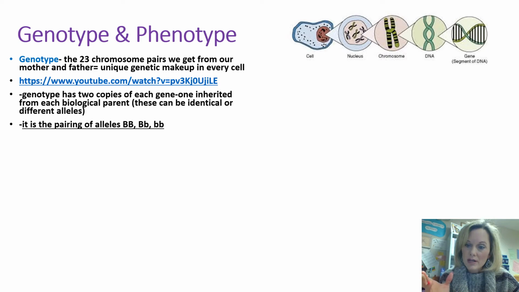So again, your genotype is whatever that genotype is. Like, is it big B, little b, big T, little t, whatever it is. And those chromosome pairs are what make up all of that, okay? The genotype has two copies, one from mom, one from dad, and then it's got a pairing of alleles. You'll either have big B big B, big B little b, or little b little b, depending. And as you saw, she can't taste the paper in her science experiment because her parents each have a dominant trait and each have a little trait, and she got the two little traits,